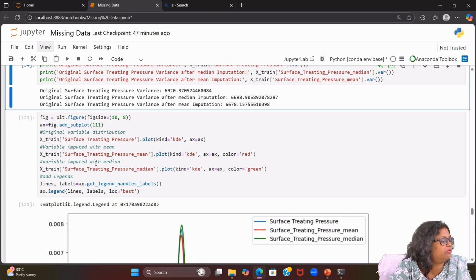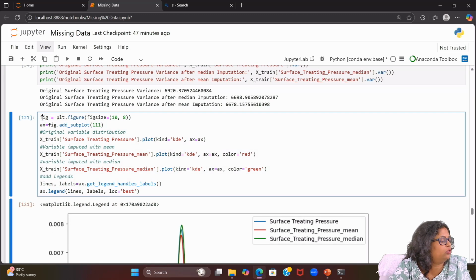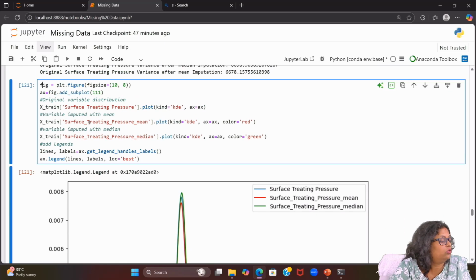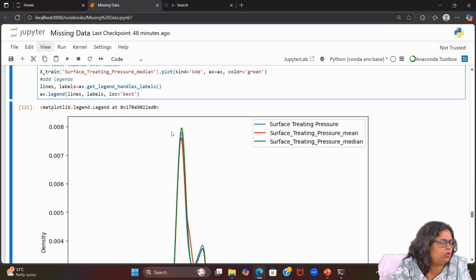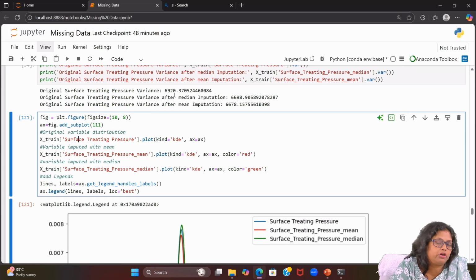Now the same thing we can do by plotting, and the plot we are doing is the density plot, and what we are checking is whether there are any changes in the data distribution or not. So this is the code we are doing: surface treating pressure, then surface treating pressure mean and then median, and let's see this. So there is a bit of overlapping in this case for this taken data.